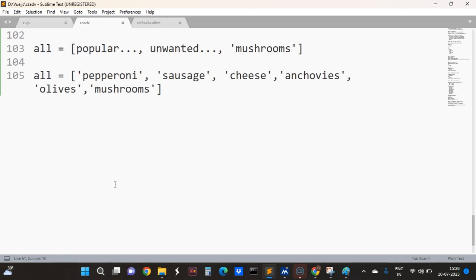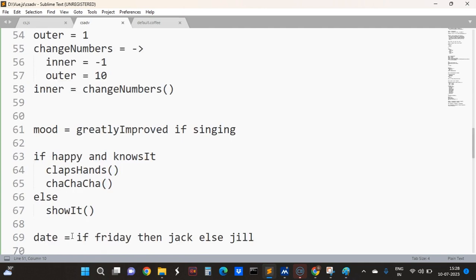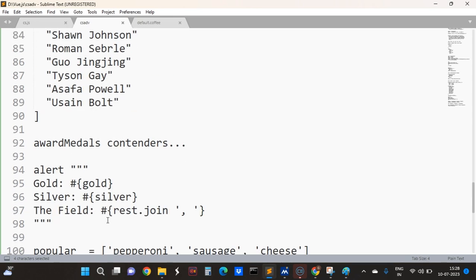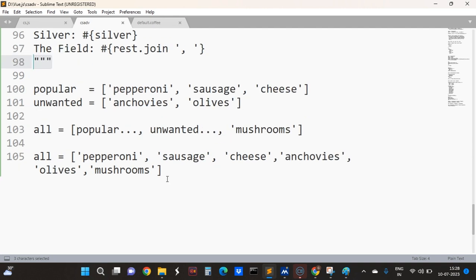So that was it. Just revising it, like date, if Friday then Jack else Jill. That is the date. And the alert function is there with three inverted commas open, three inverted commas close. That will display the alert box. And the ellipsis operator